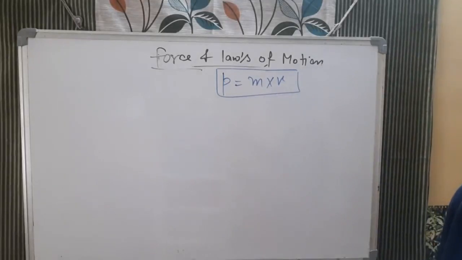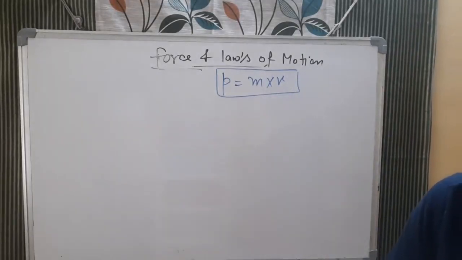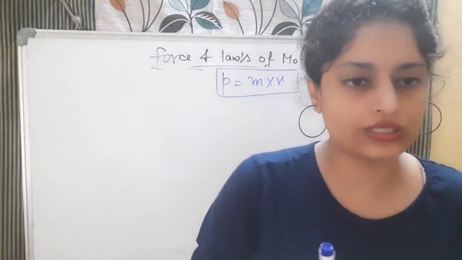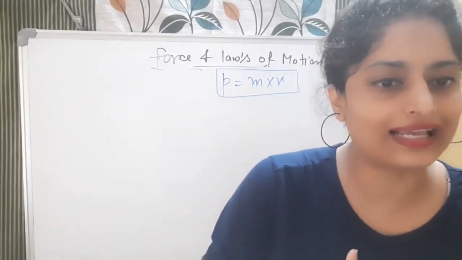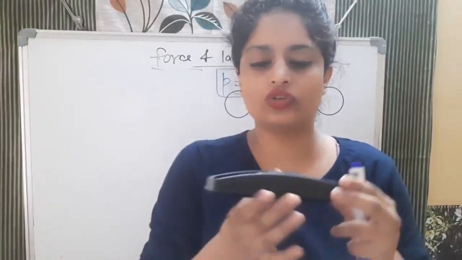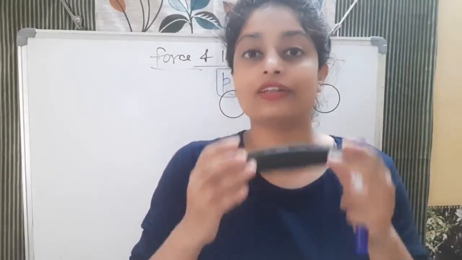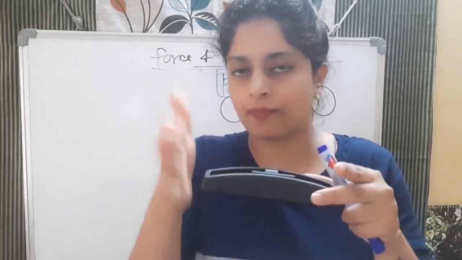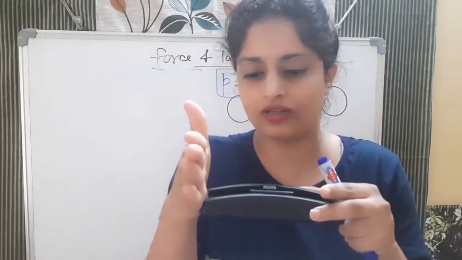Question number 10, a theory question I think. Using a horizontal force of 200 Newton, we intend to move a wooden cabinet across a floor at a constant velocity. What is the friction force that will be exerted on the cabinet? See bacha, for example, this duster is on any surface and you try to move it. So at least how much force do you have to apply so that you can move it? Whatever the frictional force, we studied in the 8th standard about static friction. I hope you all remember. That is the maximum friction, and just after the static friction, when you apply force more than the static friction, what happened? The object starts moving.